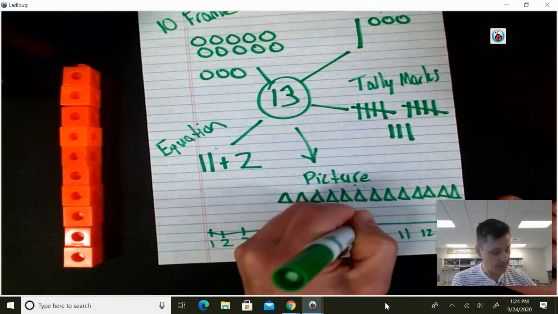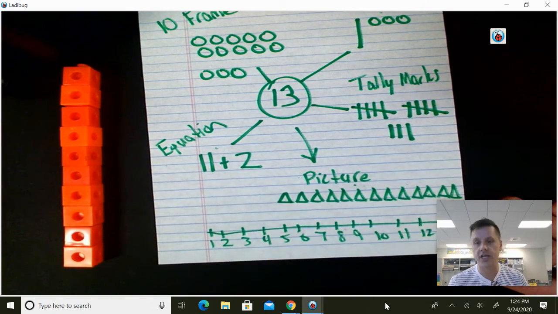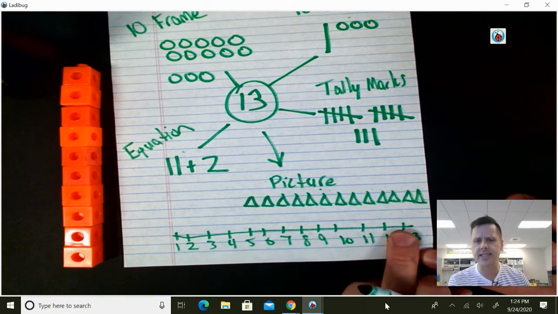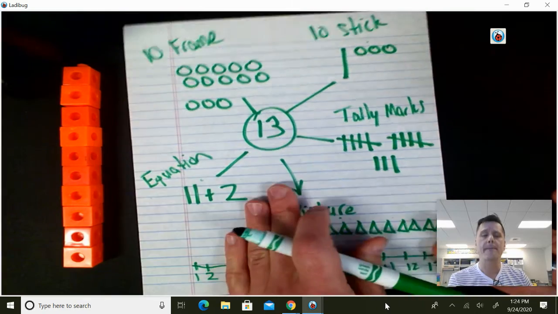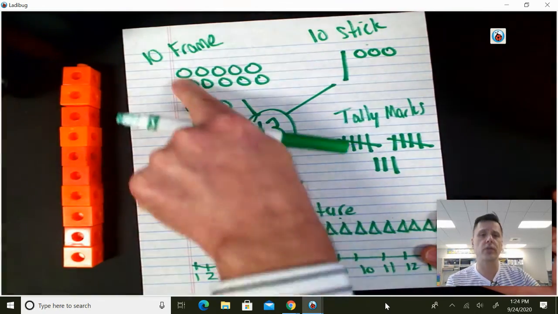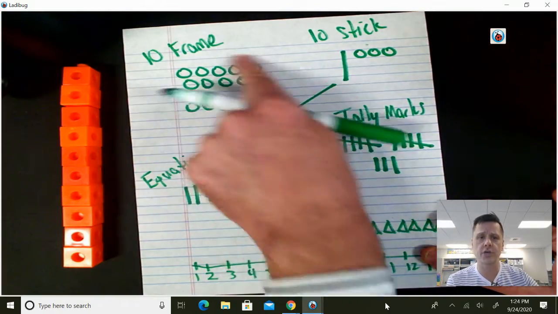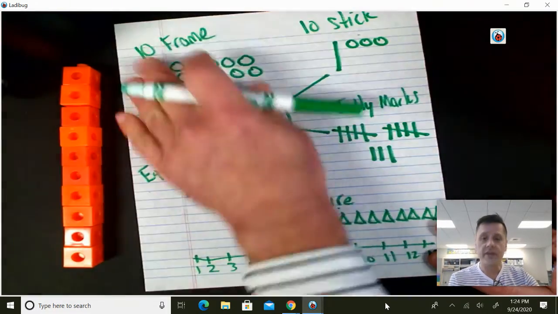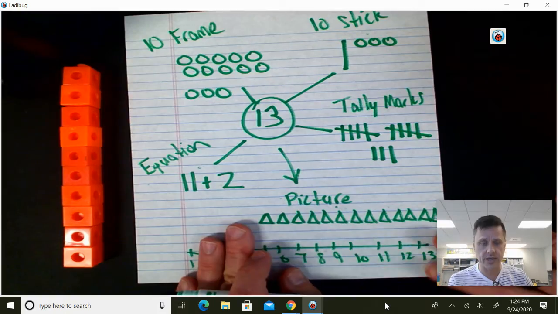We will be using number lines later in the year to help us add and subtract. It just gives us a way to visually see what that number is. And part of the standard, though, is to make sure that you can show that it is a group of 10 with some ones left over. If you have any questions about how to do this, make sure you